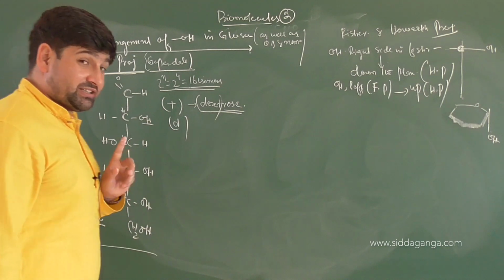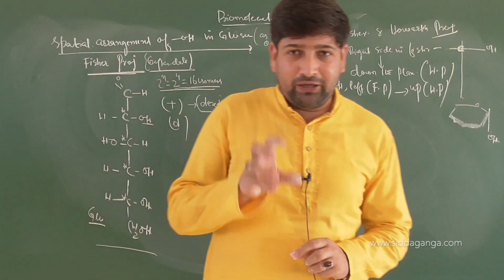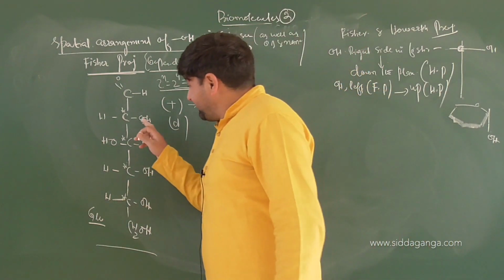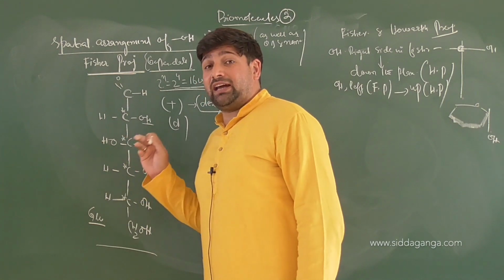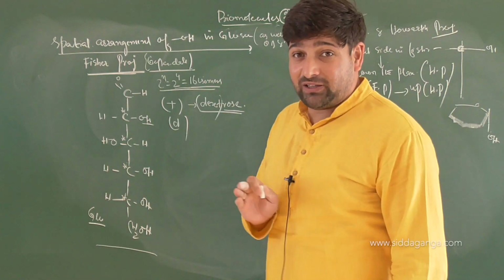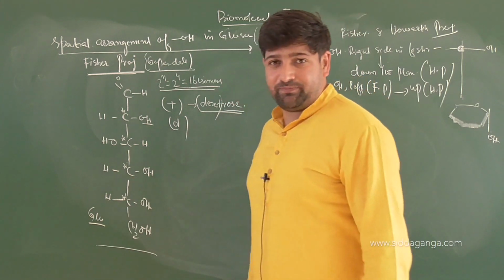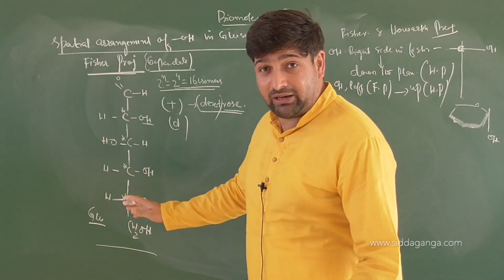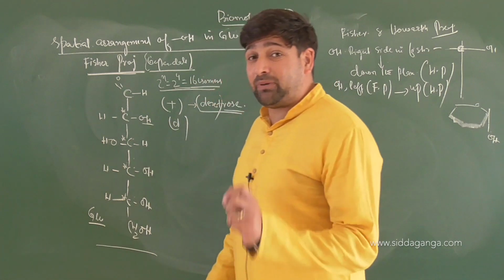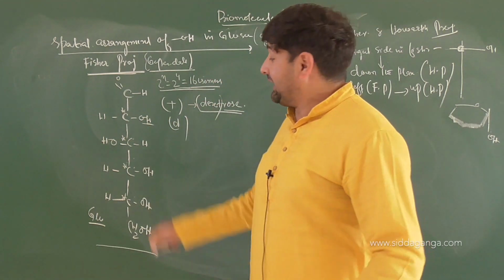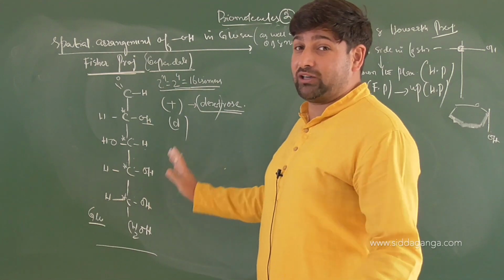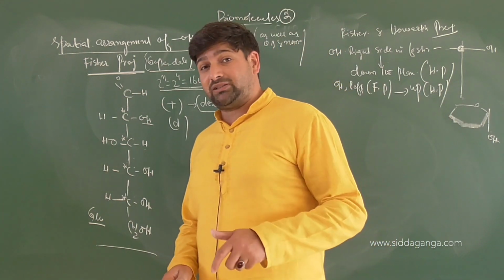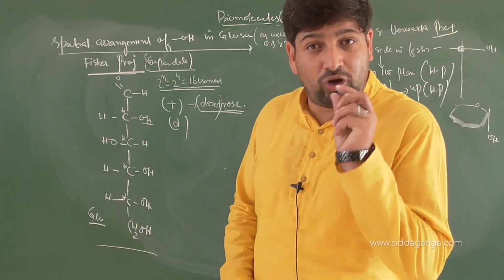And if, understand it well, in a particular monosaccharide there is a difference in the spatial arrangement of OH along many carbon atoms, we call those epimers, except carbon 1. That we will show in the ring structure, so till that time you won't understand it. Epimers are technically isomers which are diastereomers because they are non-superimposable, non-mirror images.